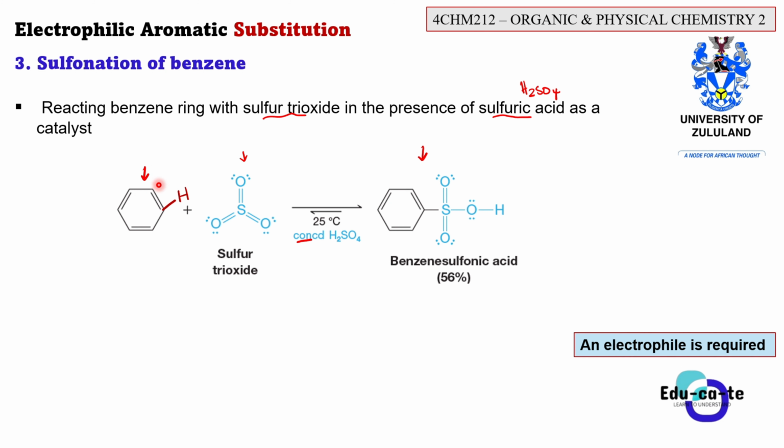You are having a benzene ring. This benzene ring has a hydrogen here. It also has hydrogens at each and every carbon around it, but here we only indicate 1. We would like to replace this hydrogen with this SO3H. Okay, so we will see how that mechanism works. When you see an H here, it is not the same as this hydrogen. Please, as you see the mechanism, you are going to understand further.